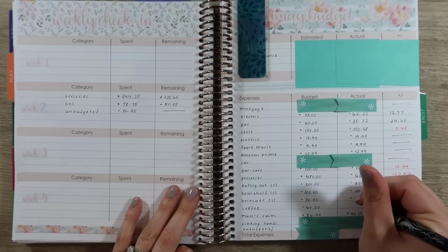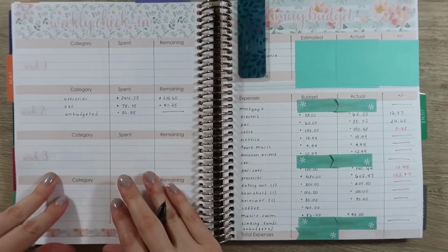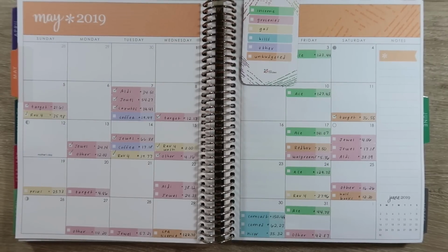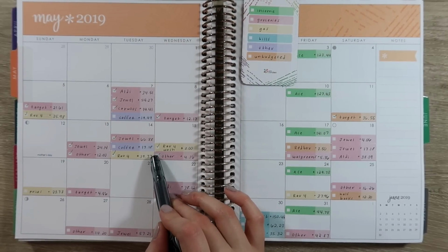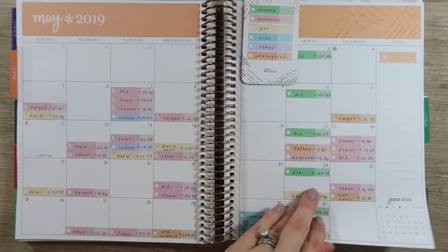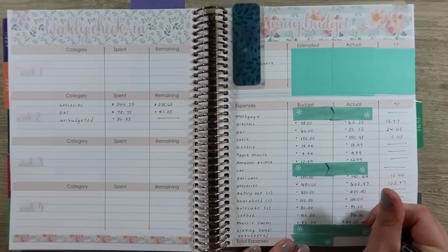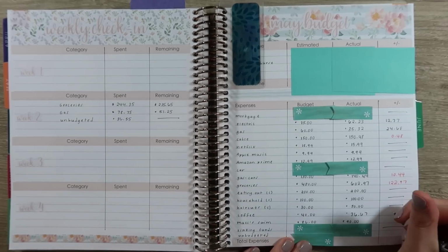Haircuts were the same at $30. Coffee. This was the last time that I had coffee in our budget. So we have $19.49, $17, $18, and I think that was it. That's all that I see. So that was $36.67. I budgeted $40. So it was under by